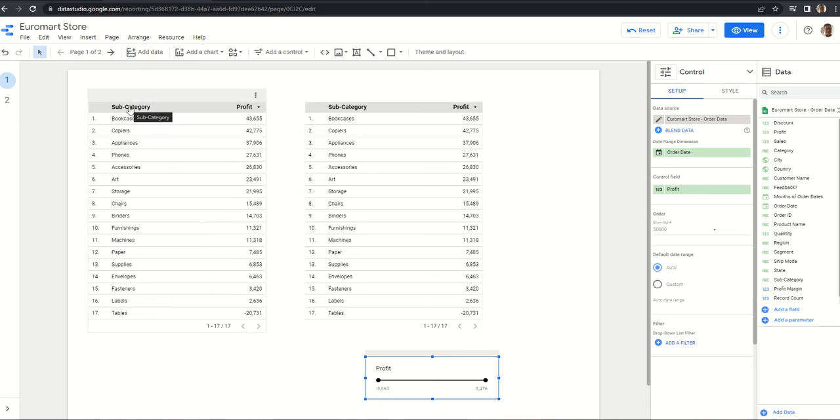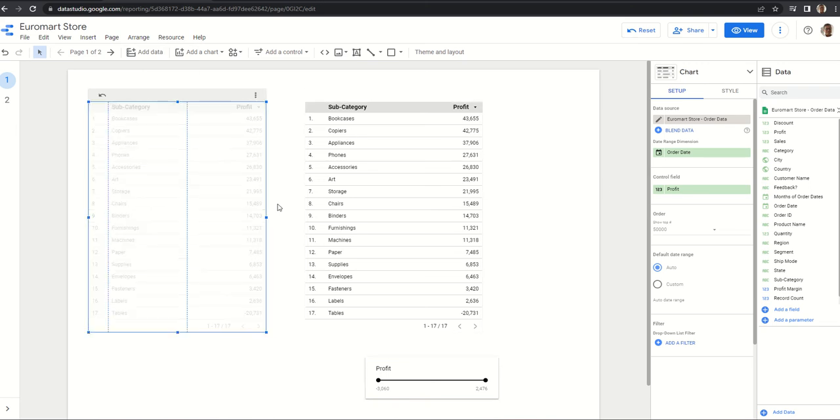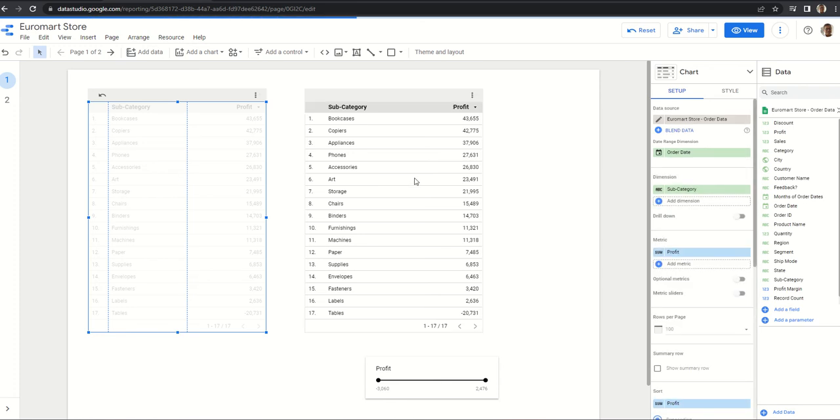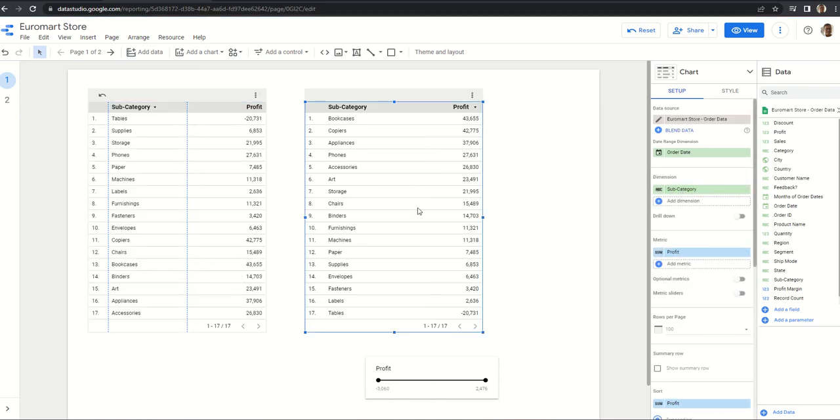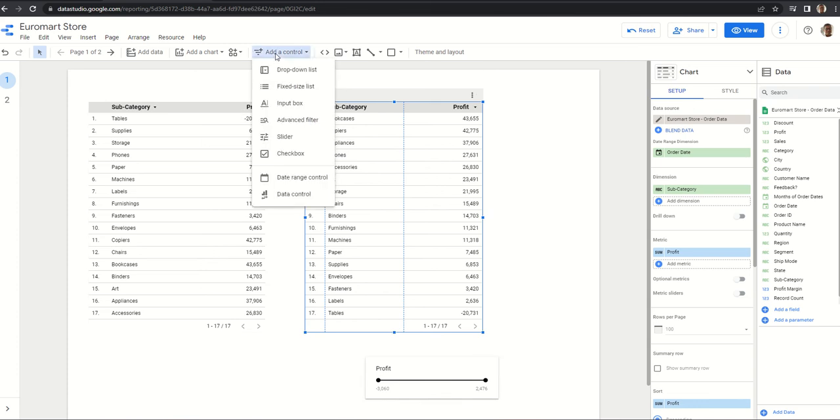One has the dimension as subcategory, and I have taken the metric as profit. The same case I have done for the other table: this is the metric, and subcategory I have taken as the dimension. So I have added a control. I have created these tables simply by